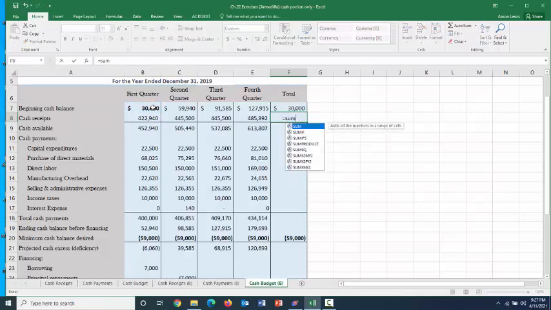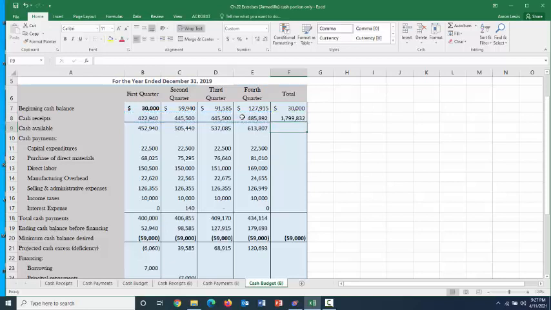For the year, we expect to collect a whole lot of money from customers. $422,940 during the first quarter, $445,500 during the second quarter, $445,500 during the third quarter, and $485,892 during the fourth quarter, for a total amount of cash collections from customers of $1,799,832. If they're starting the year with $30,000 in their bank account and they're collecting $1,799,832 from customers during the year, that means the total amount of cash available to Armadillo phone cases is going to be